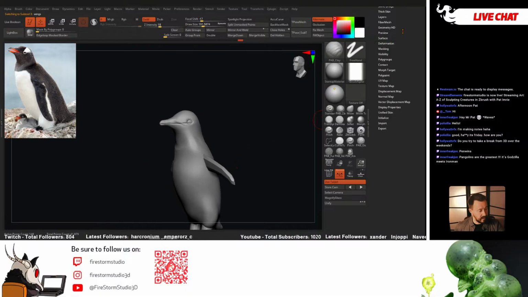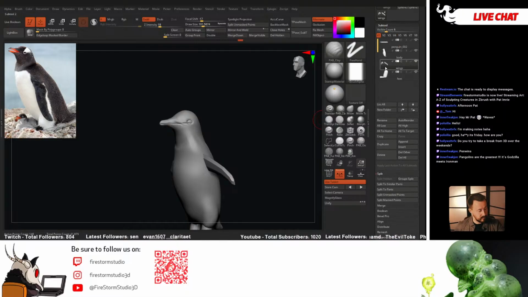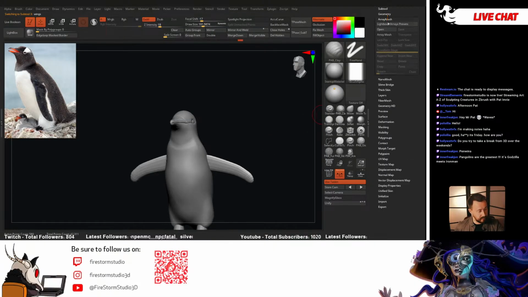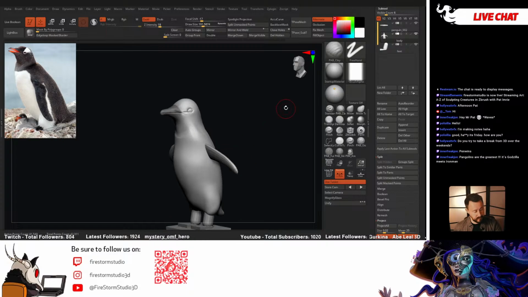But I'm going to now add the wings in. To do that, I'm actually going to subdivide them once. There we go. And then just delete that subdivision, and then we'll just merge them down. We'll merge down, hit OK. And then we'll